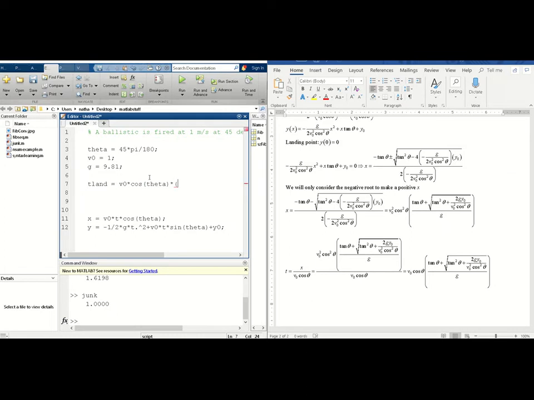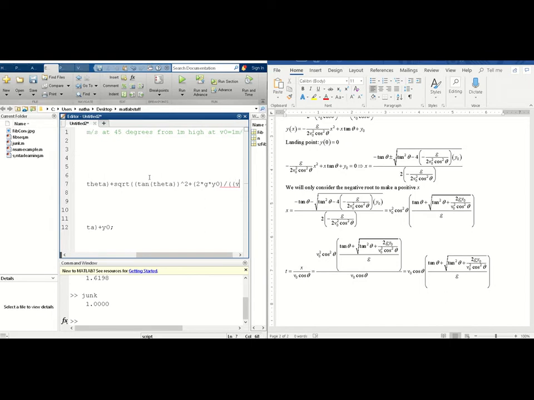I'm going to use tangent of theta plus the square root of tangent of theta squared plus 2 times g times y naught. Oh, I didn't type y naught up there. I'm missing that. Divided by